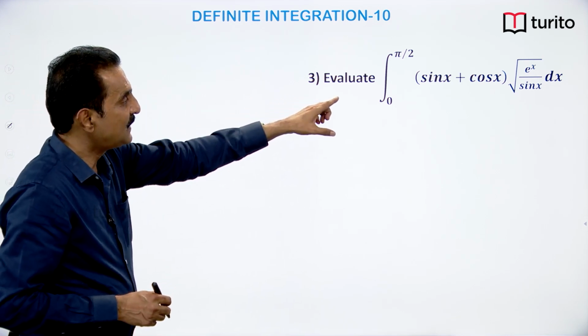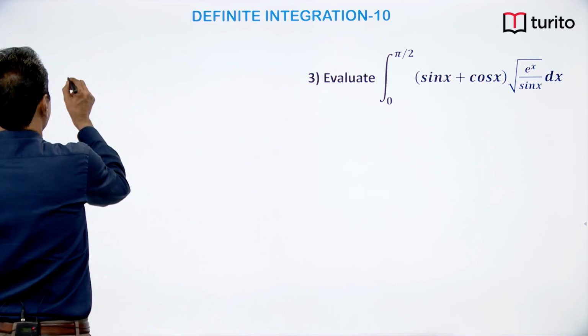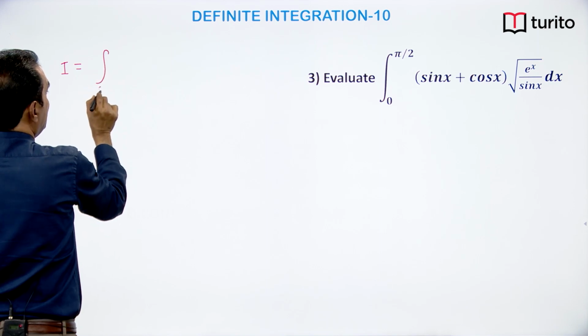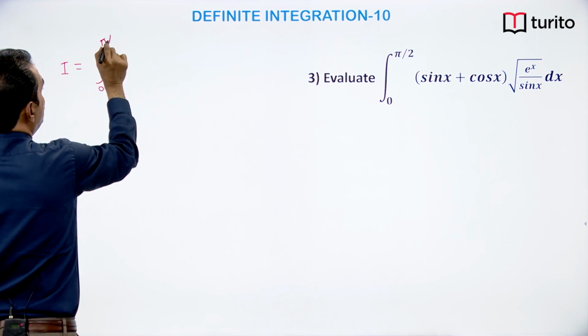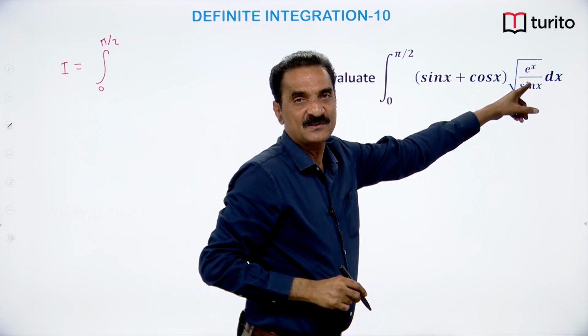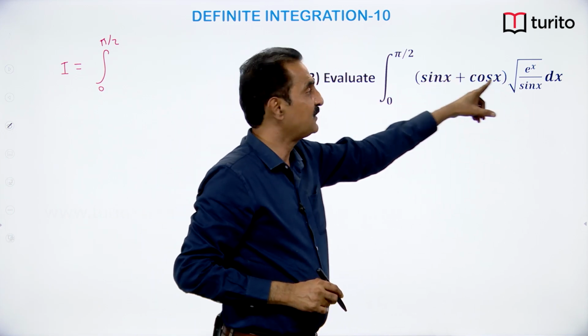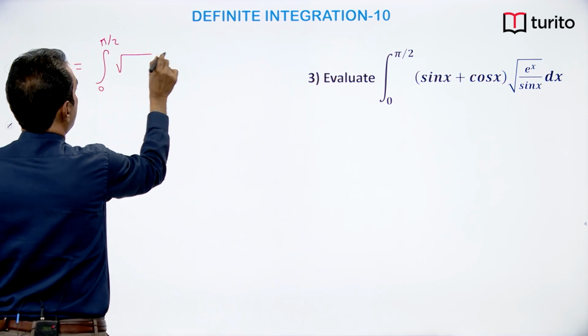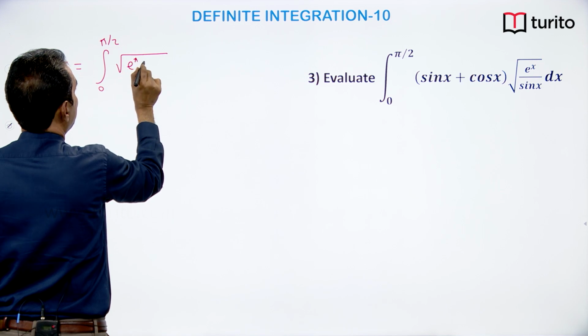Let us separate into two integrals. First integral 0 to pi by 2, if you multiply sin x and root over e power x by sin x, what will you get? Root sin x cancels, you will get root over e power x into sin x